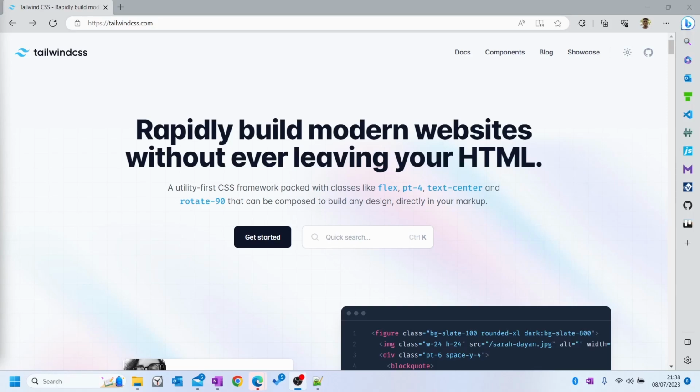Hello, it's LGA Dev here, and in this tutorial, I'm going to show you how to install Tailwind CSS into your React application. First of all, we go onto this website,